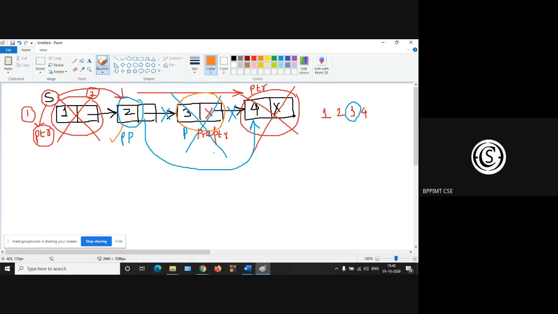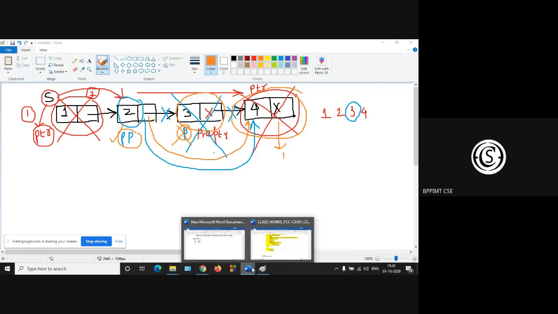So this node 2 is the pre-pointer, PP, and this is the P. You have to delete this pointer P. That is, you have to make a connection from the next part of the pre-PTR to this last node, which is your PTR next.